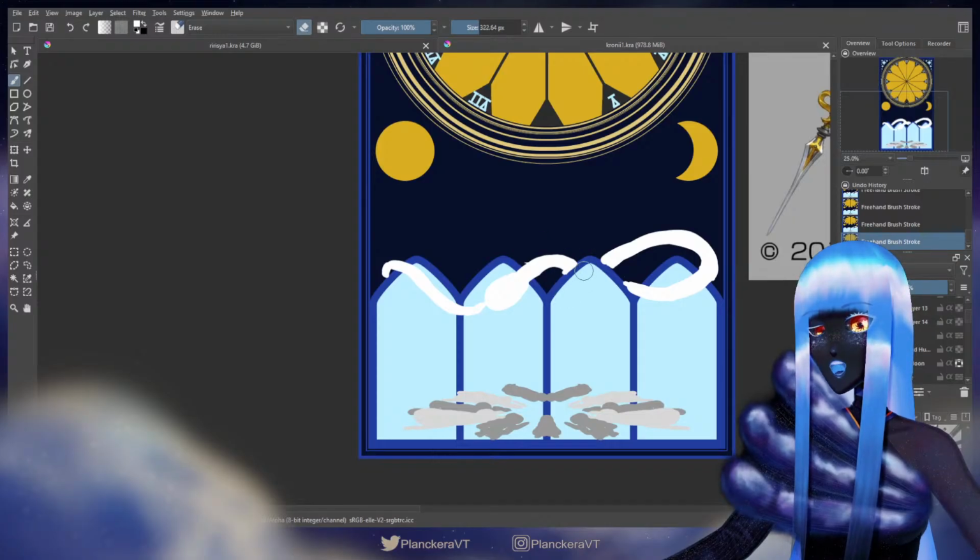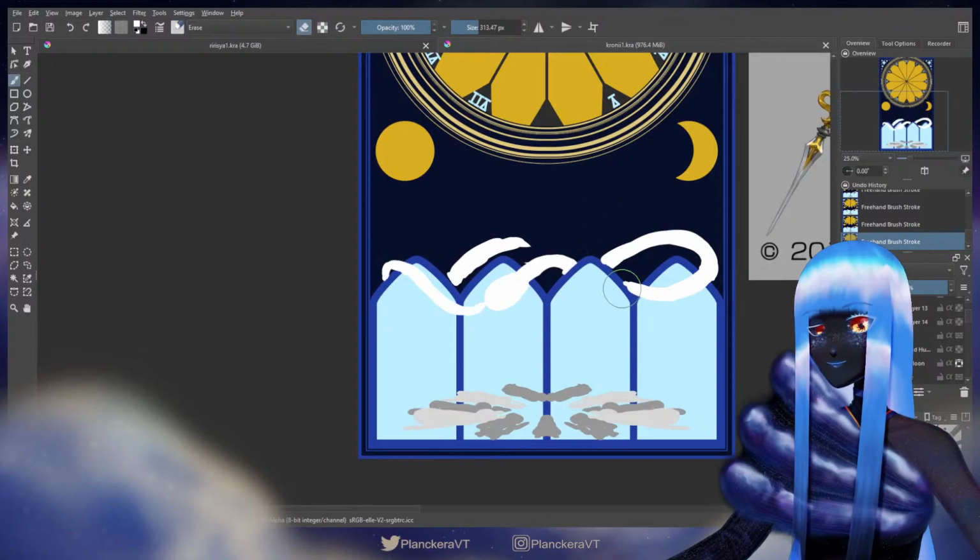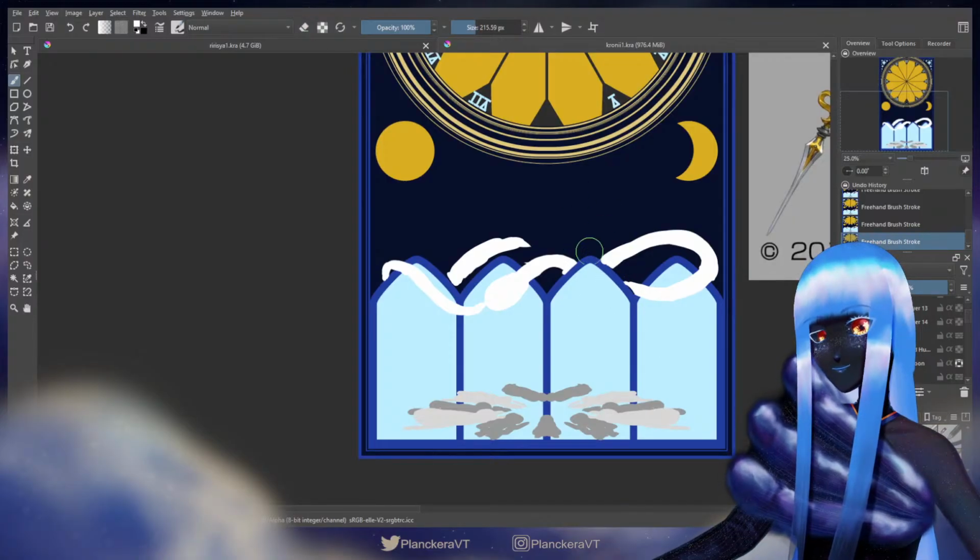So I think I do want the tail going in front of the window. I think that's exactly what I want. So it'll like roll down here. Come up here. I guess I'll send it above the window like I initially planned. And I guess this part can kind of sit on the tip of the window there, and